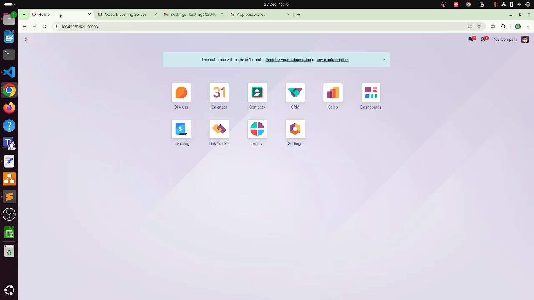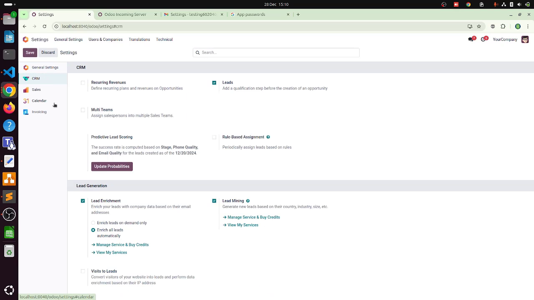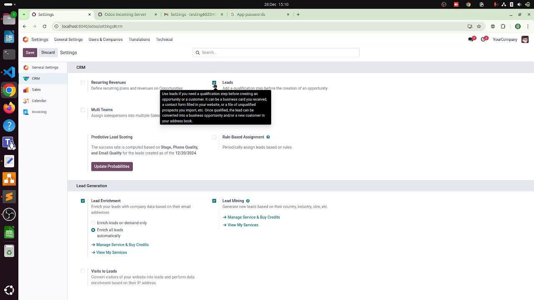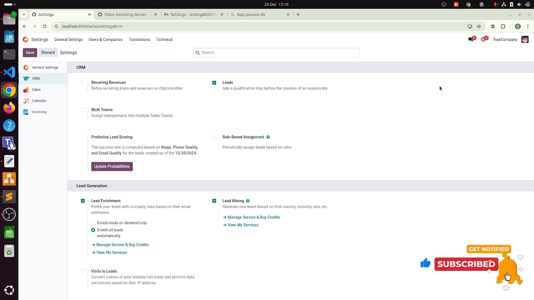But before this, make sure that your CRM has been installed. Also, if you go in settings, then click on CRM, then your leads, it's already been checked. Once you make sure that it's already been checked, so from my another